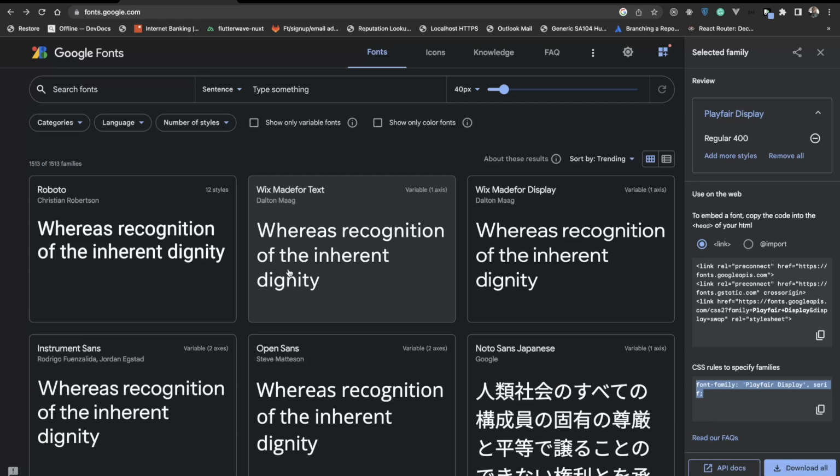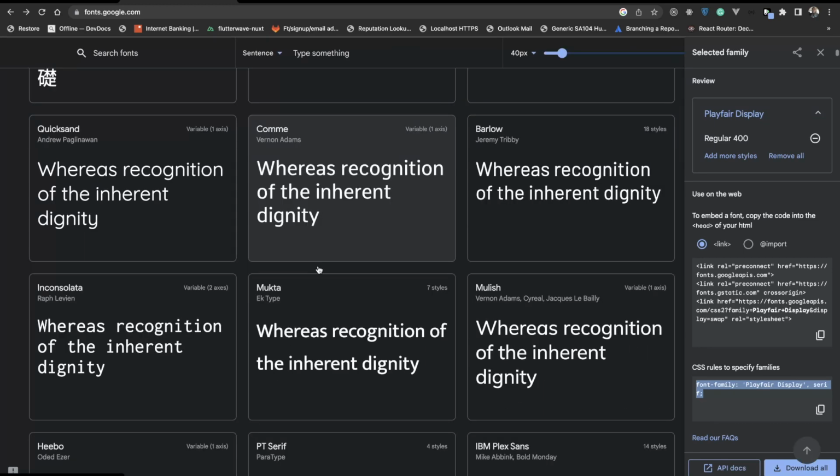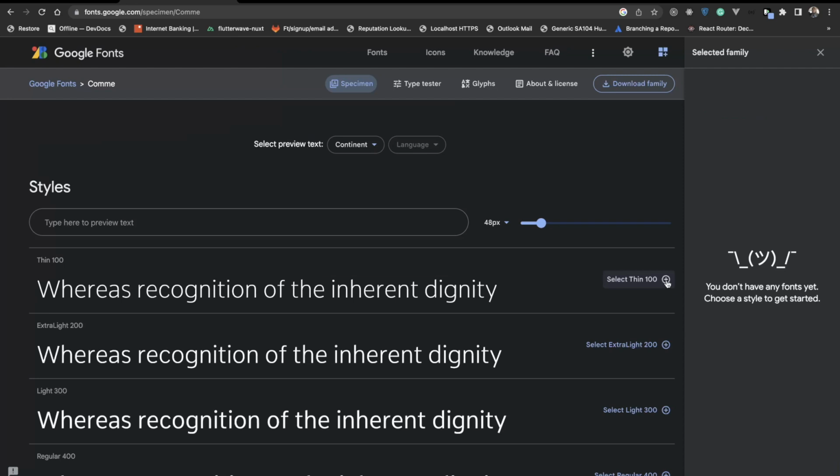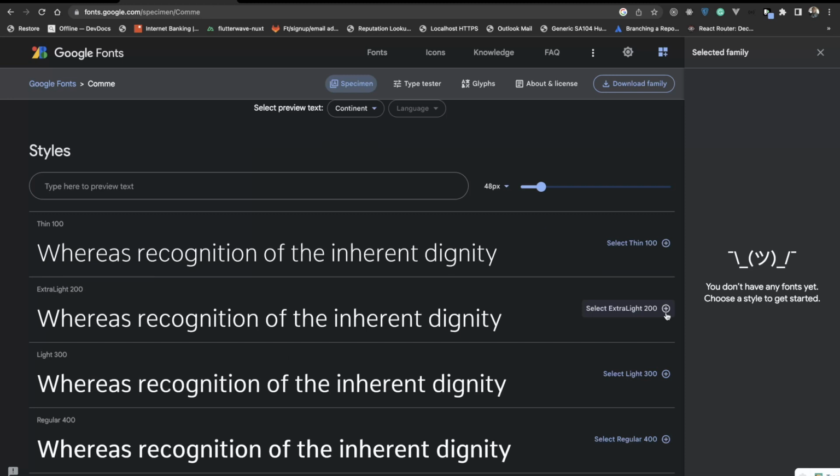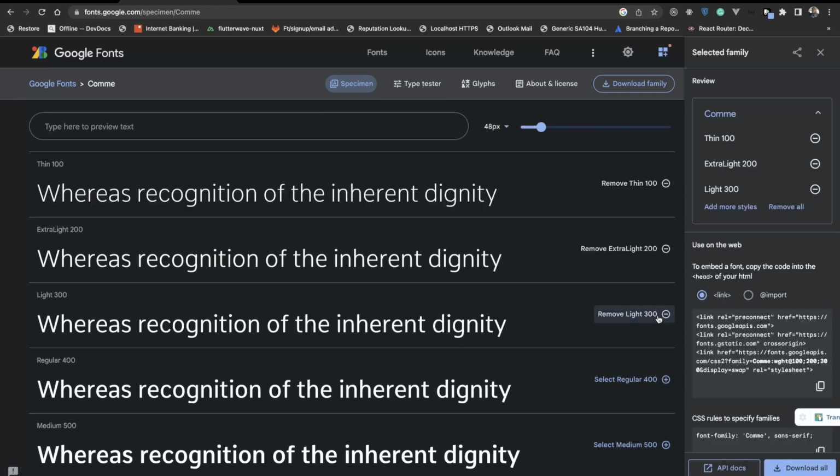let me pick Kome. When I pick Kome, I'll click on the plus icon here. As you can see, I can click on this. I can add as many fonts that I want to add. Then I'll need to go ahead and copy this, then add them. For now, let me just use only one to make it simpler,